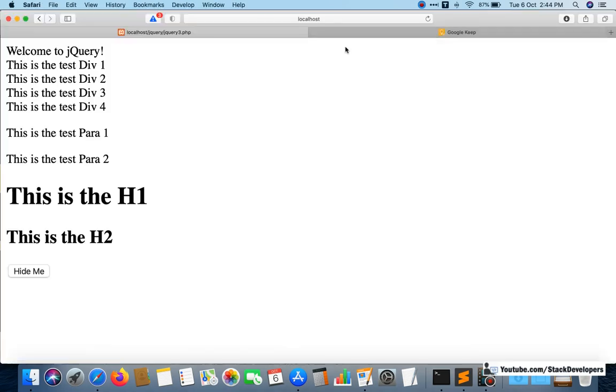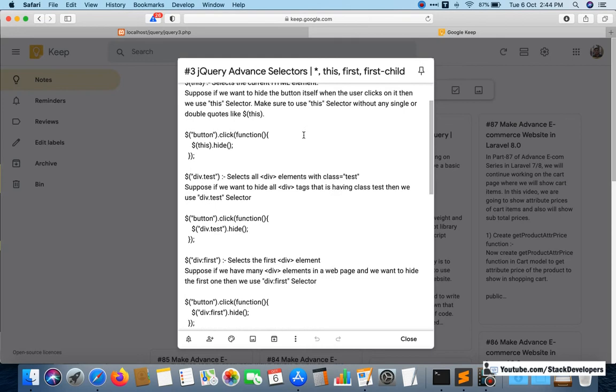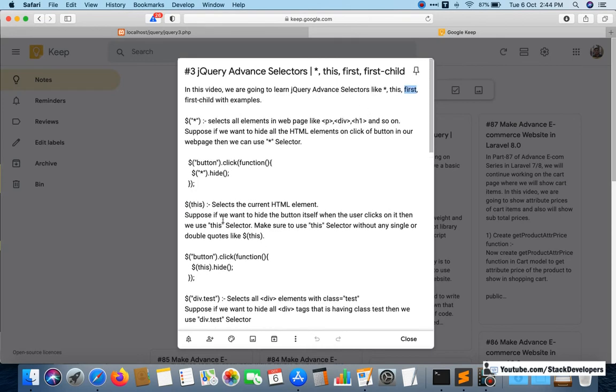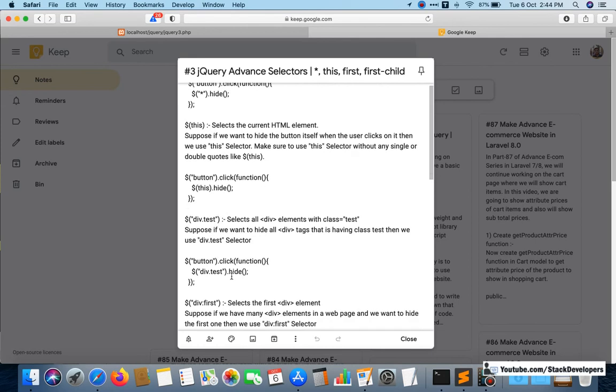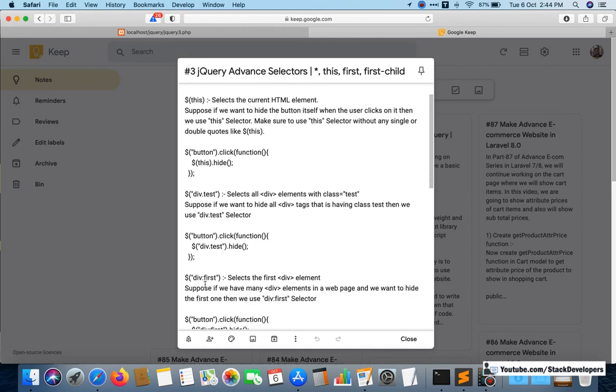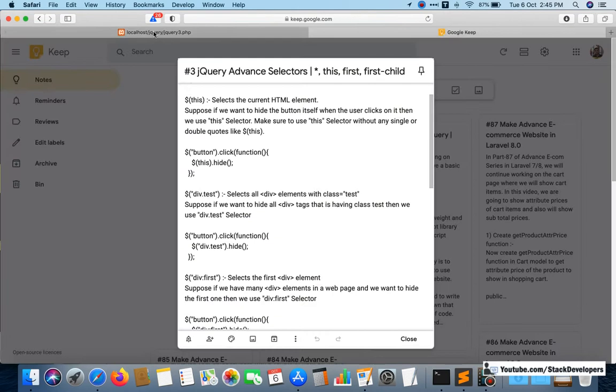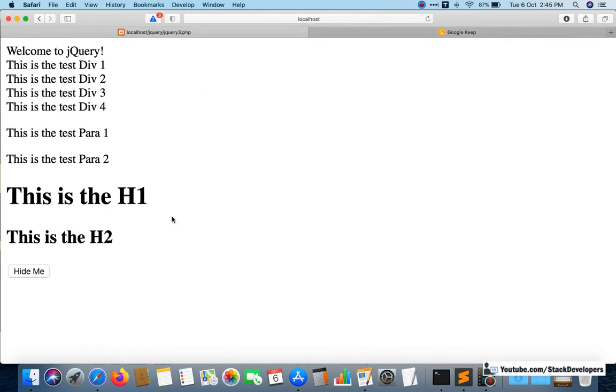Div colon first. So we are working on div colon first. This one is left, and we are going to work on this one as well. I am going to check now.